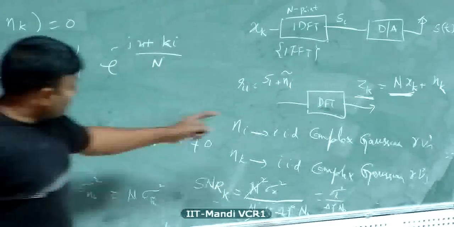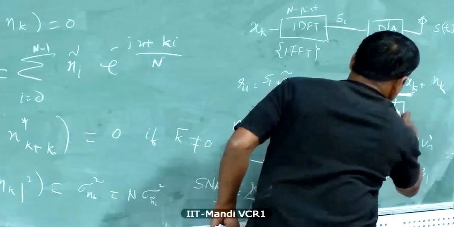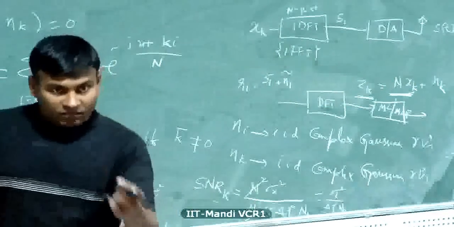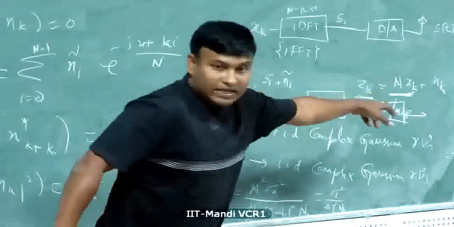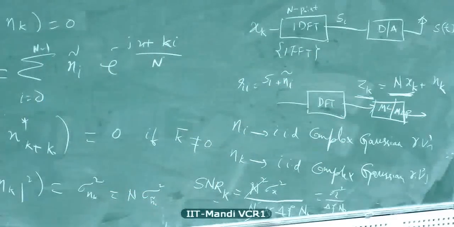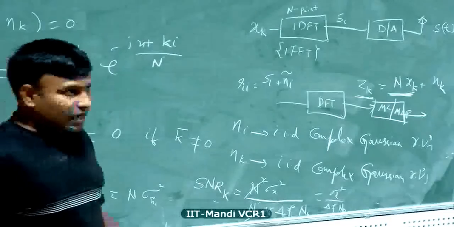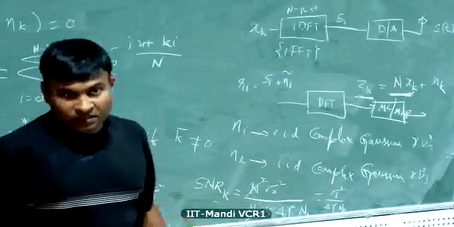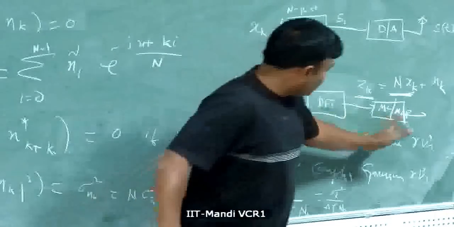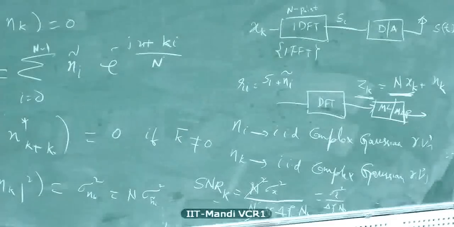Instead, you can take each z of k and go through a maximum likelihood or MAP detection symbol by symbol. Take z of 1, you make your decision. Take z of 2, you make your decision, and they are all decoupled. You don't have to process them jointly. If you had to process them jointly, complexity would increase. If at all the noise was correlated, then you would have to process a big sequence jointly. The fact that the noise is uncorrelated for different k has an implication for the receiver. So the receiver is simplified.